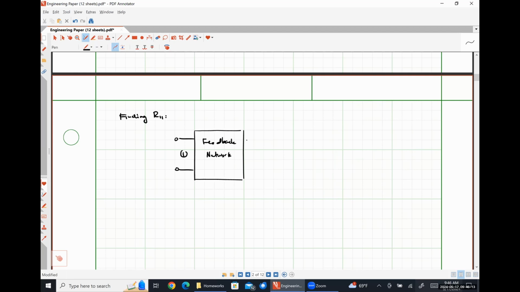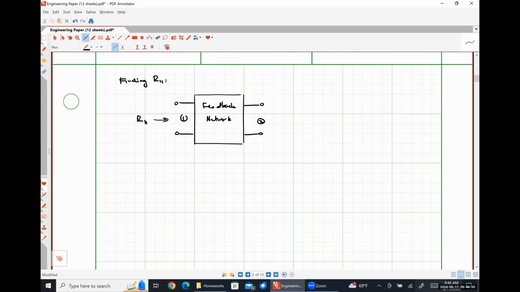Here's port 1. Here's port 2. We're simply going to look in with both ports open circuited, okay? Because that's what we're going to do every time our network is connected in parallel. Now,